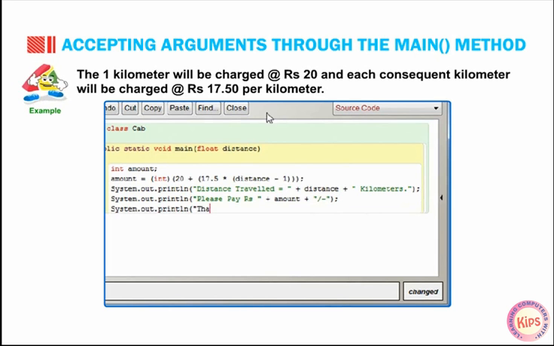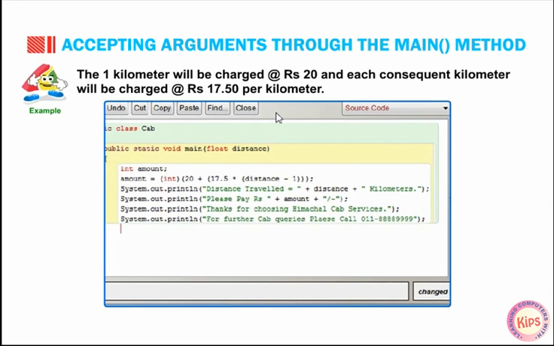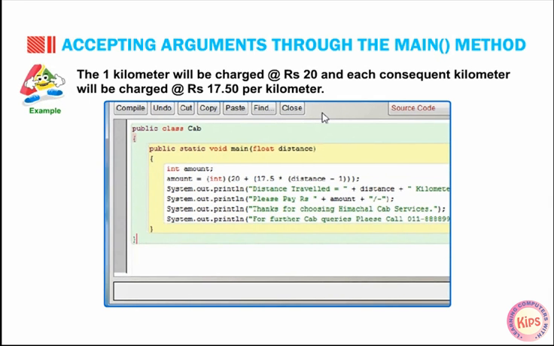System.out.print("Thanks for choosing Himachal cab services."); System.out.println("For further cab queries please call 011-8888-9999"); } }